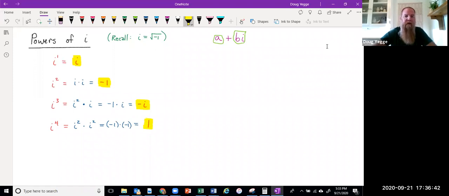So this is some pretty intriguing results that are already starting here. Turns out that i to the first power is imaginary, but i to the second power is real. i to the third power is imaginary, but i to the fourth power is real. But now let's go ahead and see what happens if I continue. Let's raise this to the fifth power, and then to the sixth power, and to the seventh, and to the eighth.